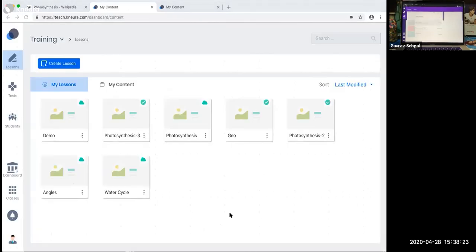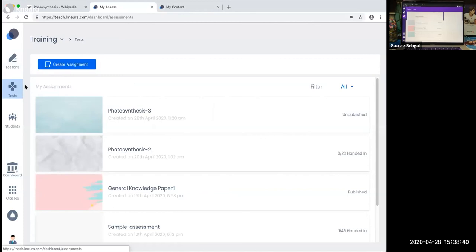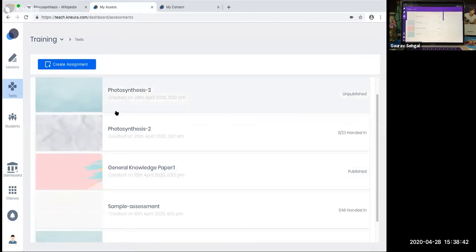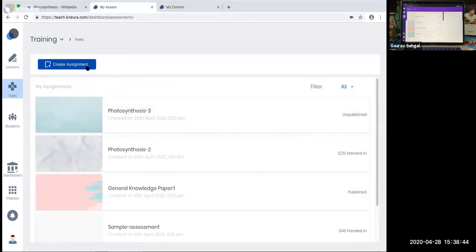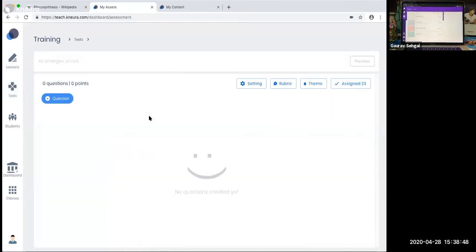The next part is also one of the important things. We talked about polls, but a poll is just to understand whether the students are able to catch what you're teaching. The next part is whether they have really understood this. So usually teachers want to conduct certain tests or assessments. So you have a module here called tests. The moment you click tests, you'll see the tests that the teacher has already taken. If you want to create a new assignment, just create a new assignment. I have created a sample assignment for the topic that I was teaching.